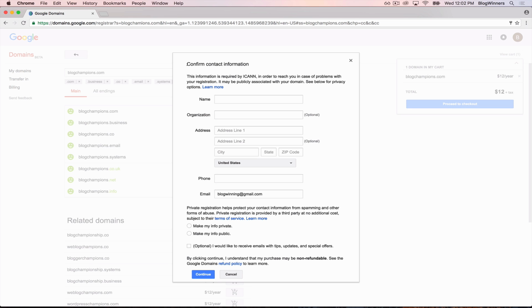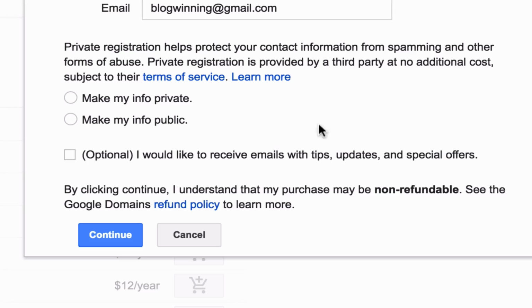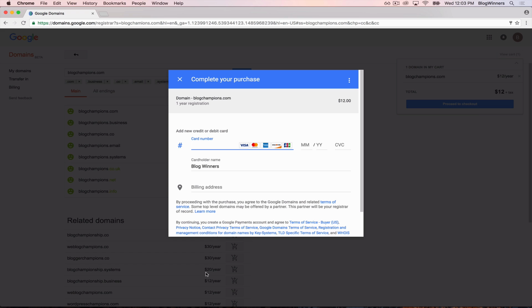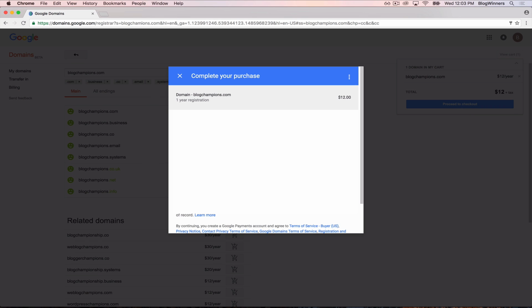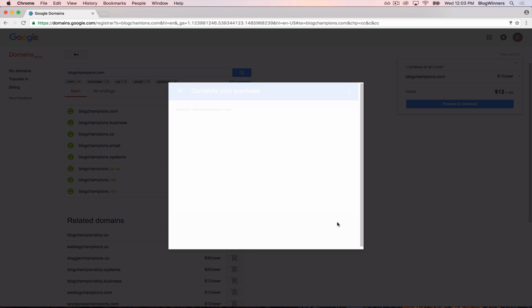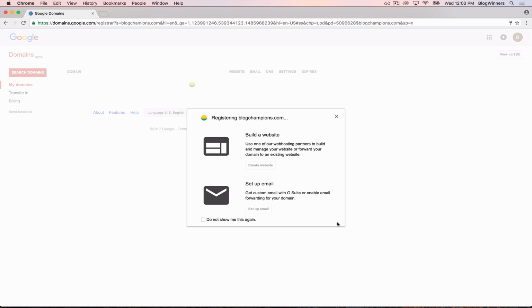So let's just enter our information. I'll say my name, and I'm going to choose make my info private. And then I'll come down to the bottom and say continue. Now I need to enter my credit card. And we'll click buy. Google does its job, registers the domain name,